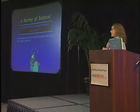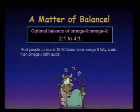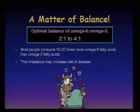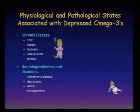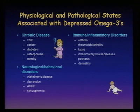Most people consume 10 to 20 times more omega-6s than omega-3s. In other words, we're consuming too much omega-6, not enough omega-3, particularly in the vegetarian population. This imbalance may actually increase our risk of disease. It can increase a risk of a number of chronic diseases like cardiovascular diseases, certain types of cancer and diabetes, a number of neurological behavioral disorders like Alzheimer's and depression, even ADHD, a number of immune inflammatory disorders, because that's